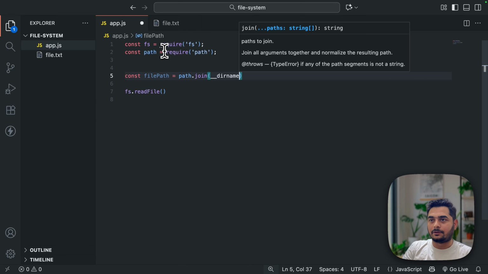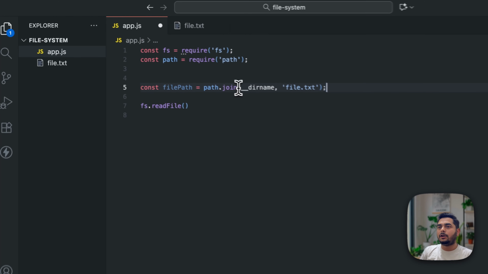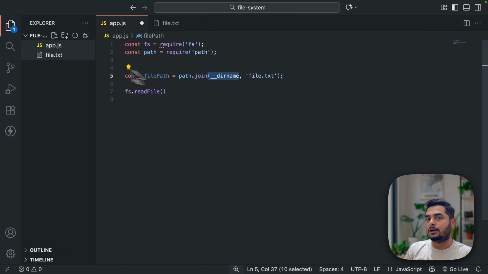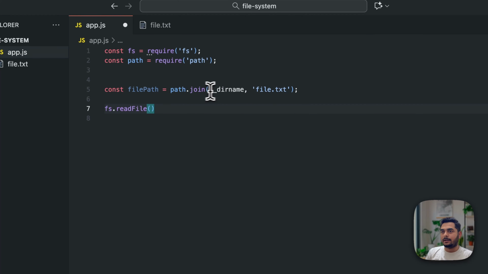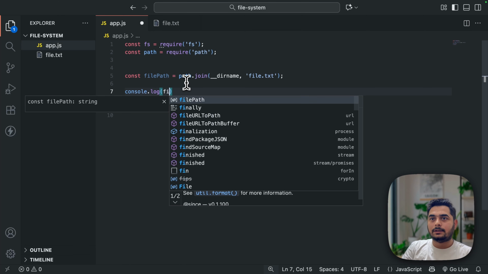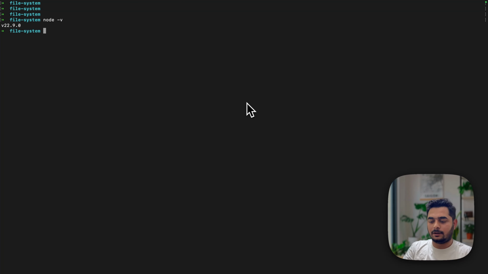I would use __dirname and I will simply say file.txt. The directory name will give me the path till the file system folder I am in right now, and I'm joining file.txt to it. Let me show you what we'll get in here. That is the file path, and if we just execute this,